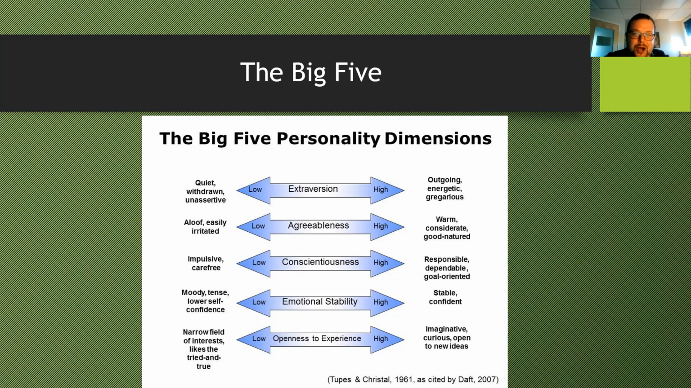What's interesting with the Big Five is that if you score low on them, it's almost like a pathological diagnosis where you have unfavorable traits. If you're low in conscientiousness, you're impulsive, you're carefree. Low in emotional stability, you're moody, tense, with lower self-confidence. And if you're low in openness, you have a narrow field of interest, like the triad. So anyway,